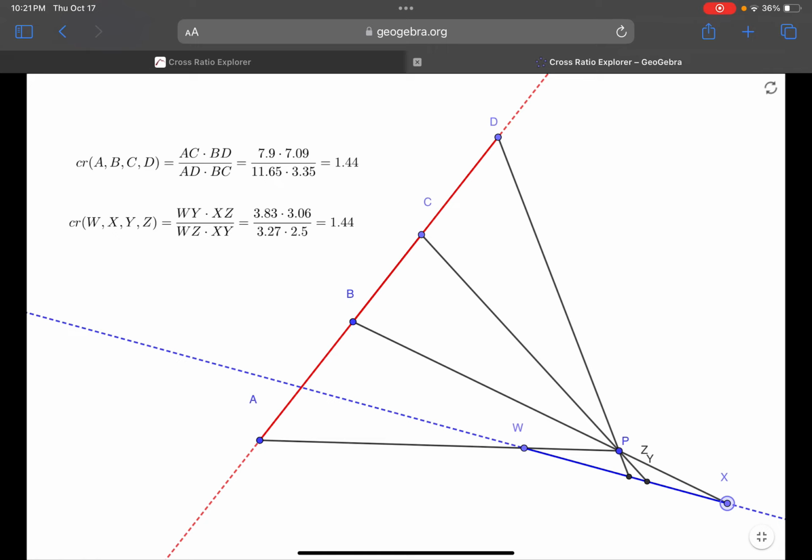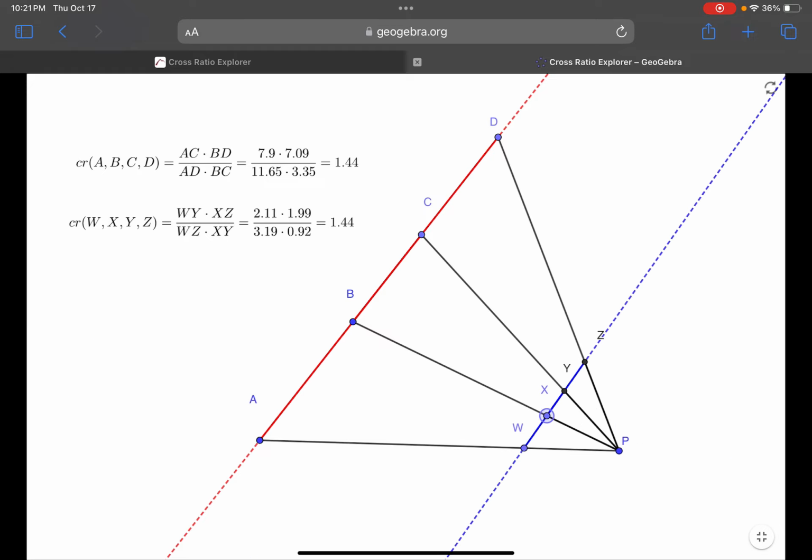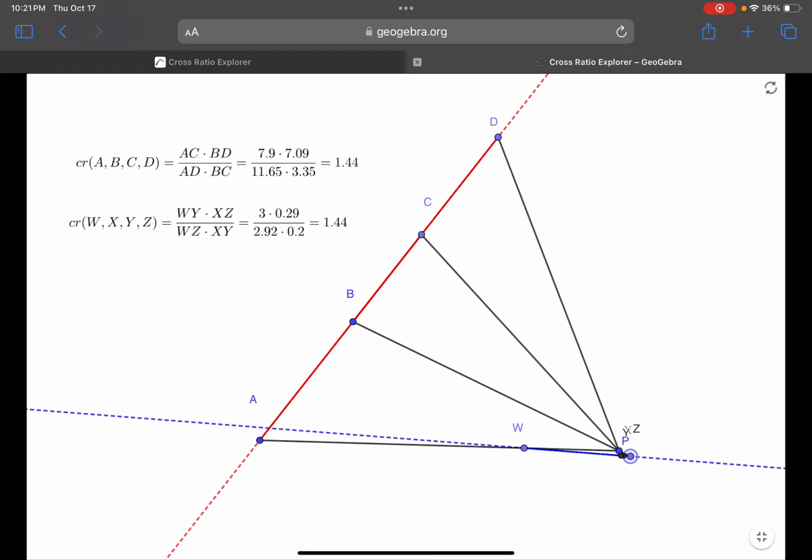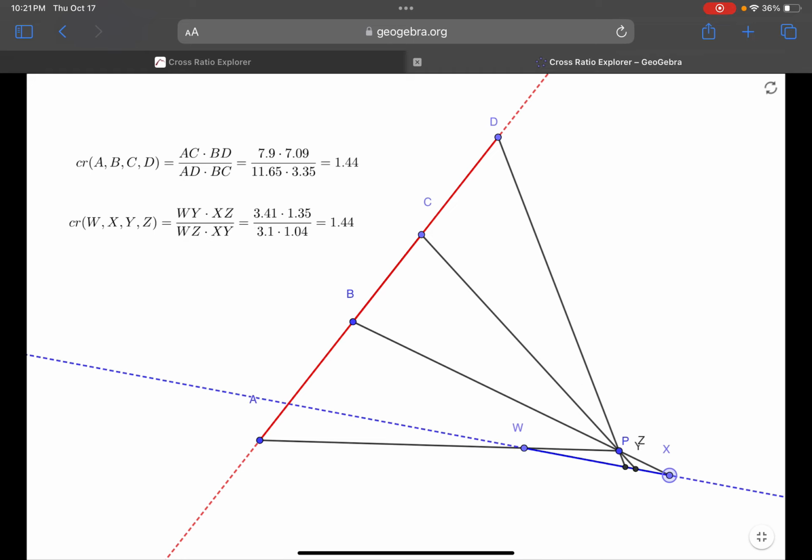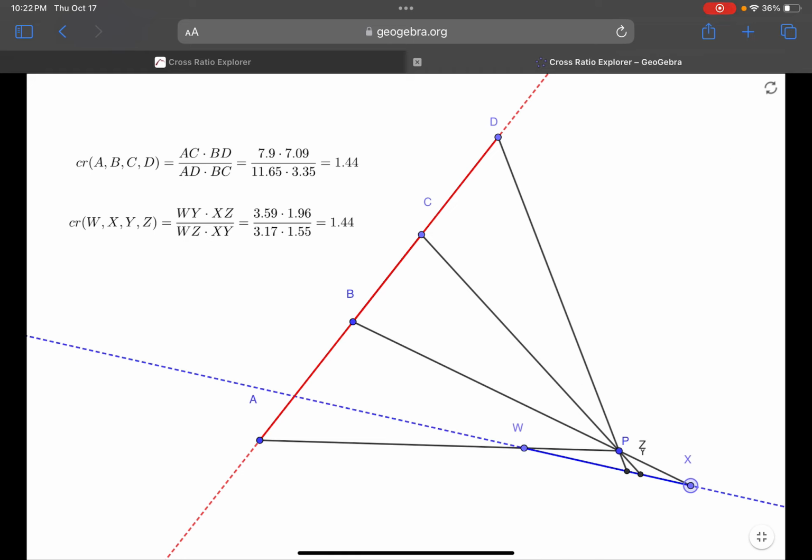W has to be online PA, and it is. X has to be online PB, and it is, and so on and so forth. Y has to be online CP, and Z has to be online PD. I'm having a hard time adjusting where these labels go, but I hope that you can see who's going where. So Y is the one that's on the left here, the black point on the left, and Z is the